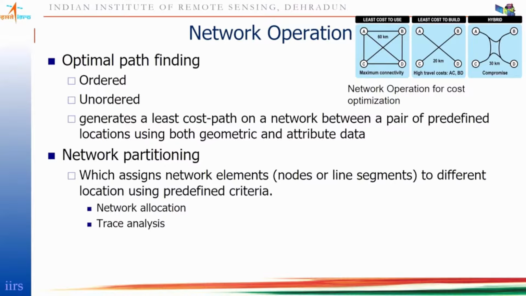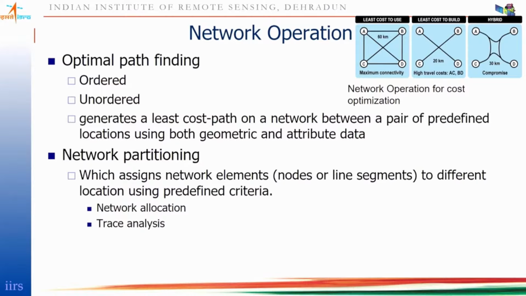And there are certain other categories. One important point we have to understand is that whenever we say the path has to be ordered, it means it will be a set of nodes or locations which has to be followed in a sequence. That sequence has to be maintained. Then we call it an ordered optimal path finding. If there's no particular order,